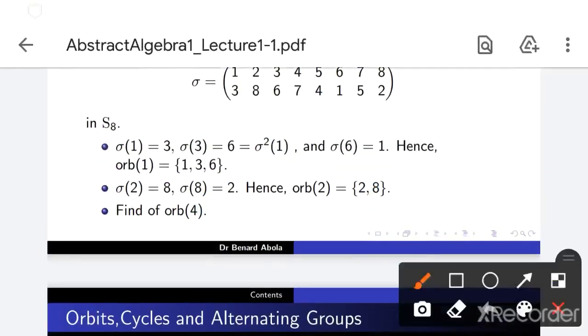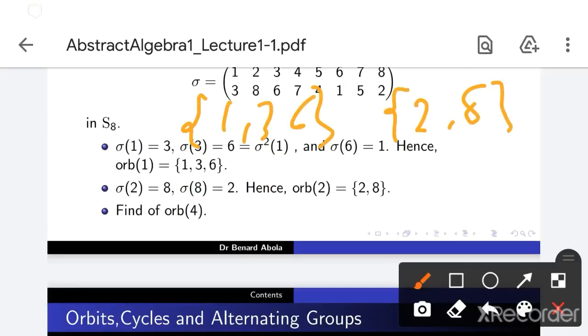So whenever you get the orbits, we are going to see that these orbits help us to express these permutations in terms of something. Like if I have 1, 3, 6, that was the first one. Then I have another one, 2, 8. Then I have another one, the one for 4. The one for 4, if we are to recall, it was 4,